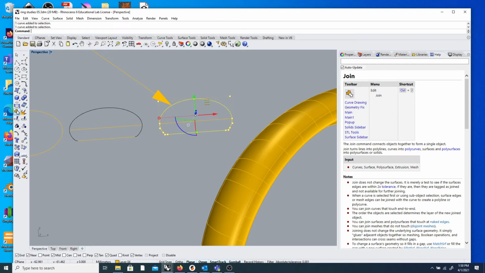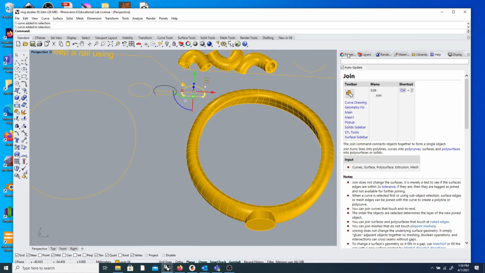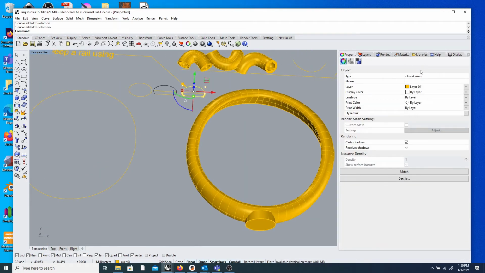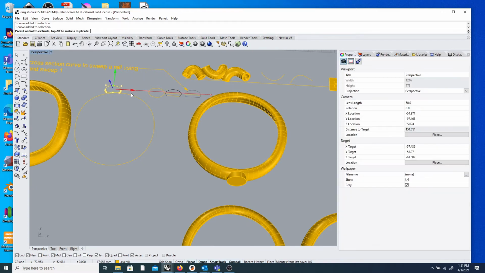No? Okay. All right, so that's join now. That's really important for the next step. That is, if I go to my properties menu with the rainbow donut, and I've got the closed curve, that's where I want to be. All right, so I can grab that,